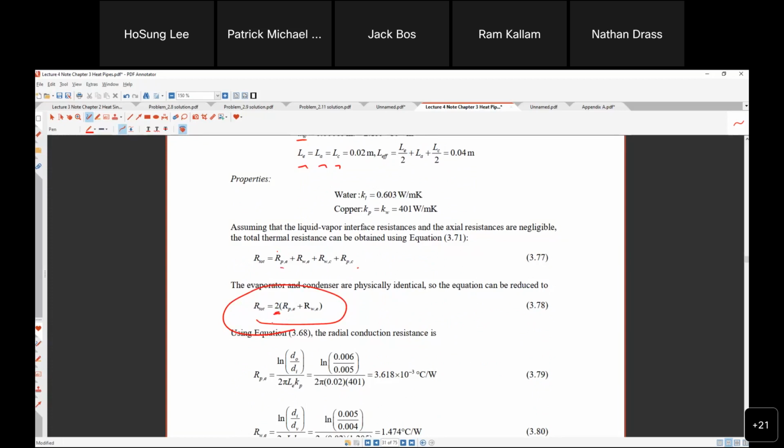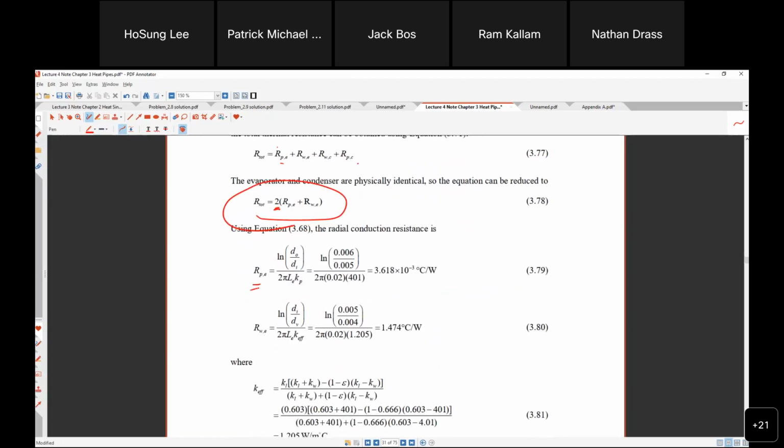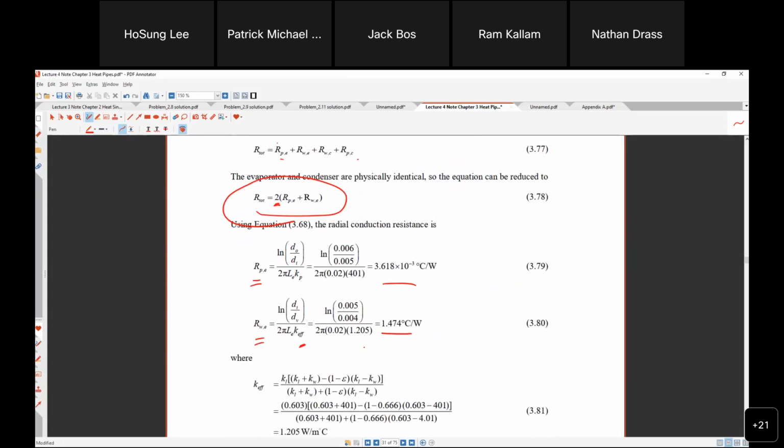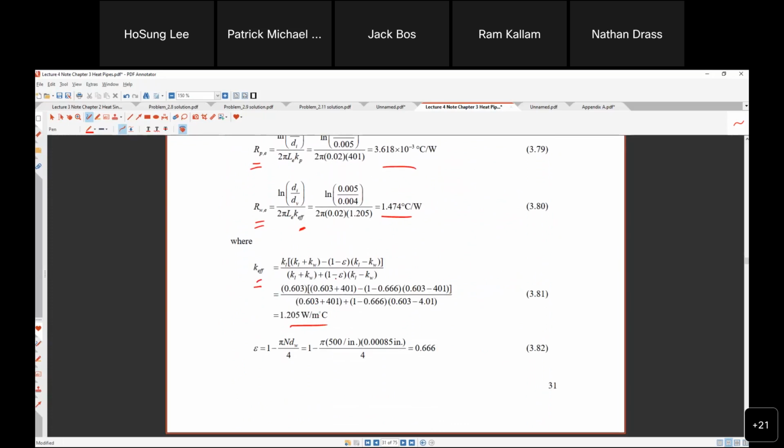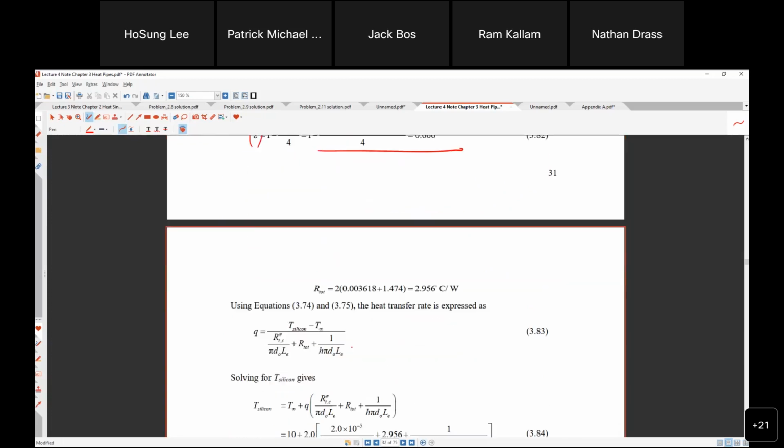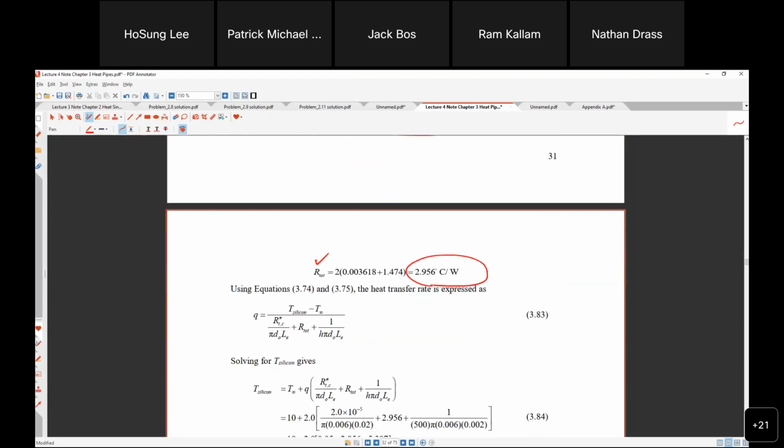So this is the resistance at the pipe. This is the resistance at the wick. All we need is the effective, and we calculate it. And for the effective calculation, we actually need the porosity calculated, and then the total calculated. Once I have the total, look at that. This is some contact resistance. If there is no contact, but the contact,